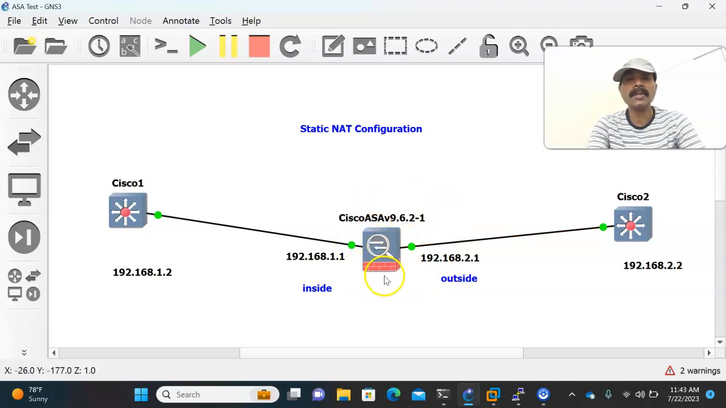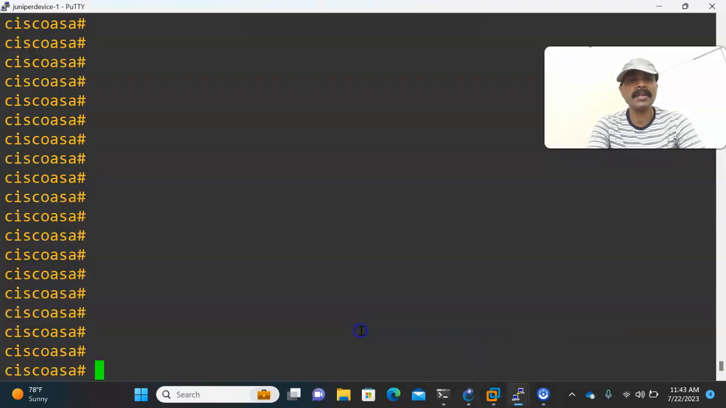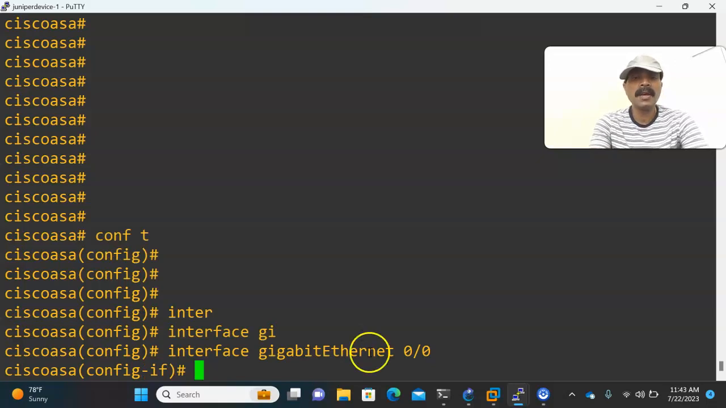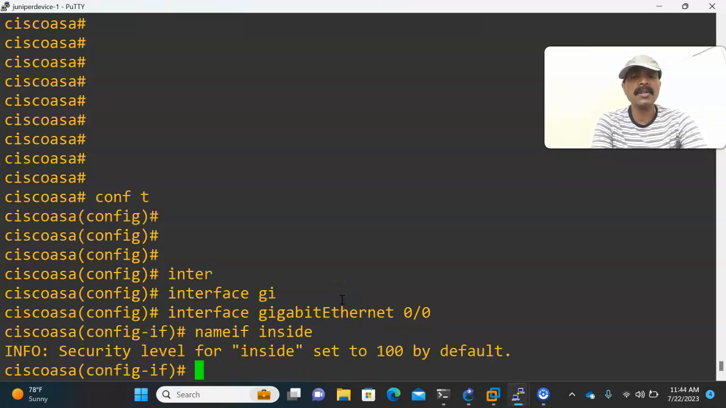Now let us go to the ASA firewall and configure the inside and the outside security zones and their associated IP addresses. Go to the configuration mode, interface gigabit 0/0, the inside interface. Name if inside, and the security level is assigned 100 by default. It's a highly trusted zone, and let us assign the IP